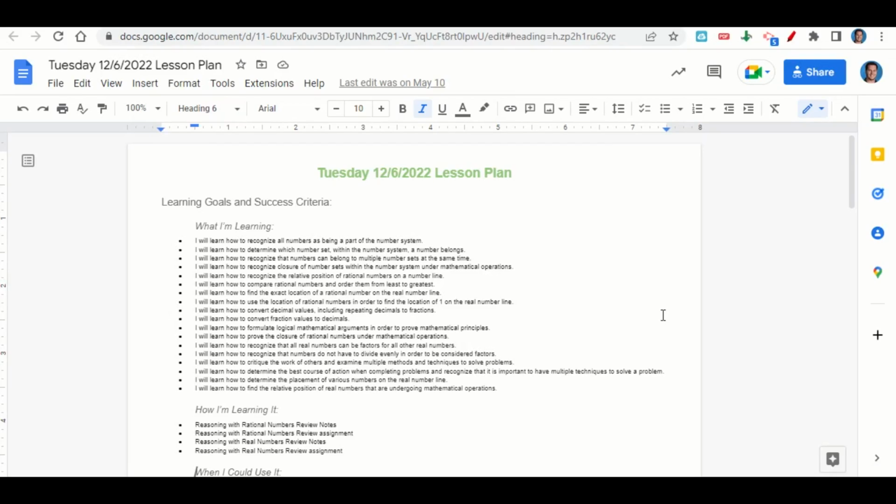We're learning how to recognize all numbers as being part of the number system, to determine which number set within the number system a number belongs, to recognize that numbers can belong to multiple number sets at the same time, to recognize closure of number sets within the number system under mathematical operations, to recognize the relative position of rational numbers on a number line, to compare rational numbers and order them from least to greatest, to find the exact